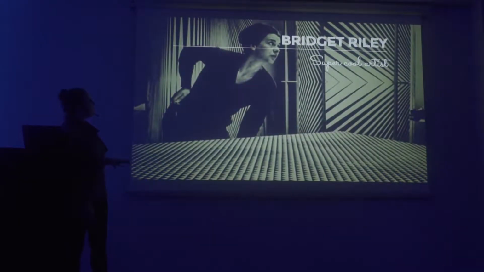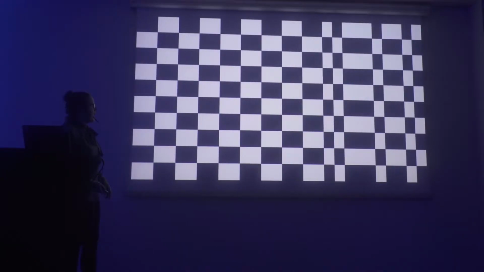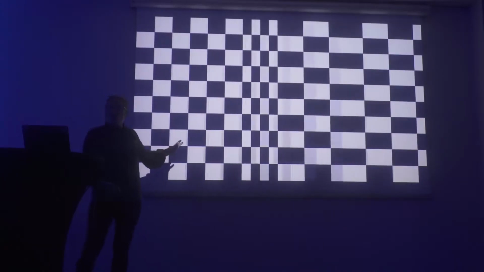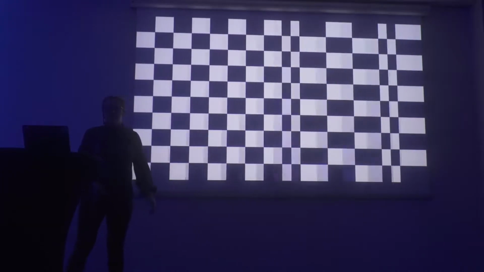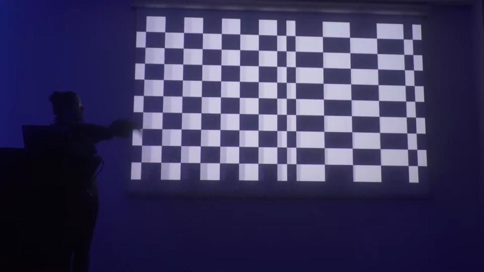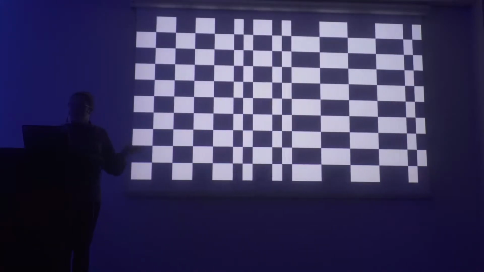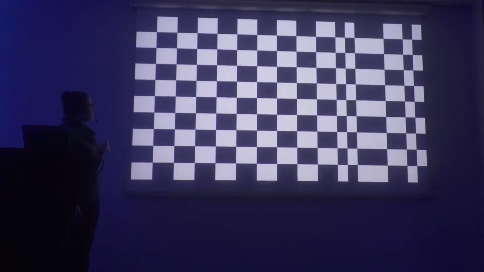So this is my first inspiration. This is Bridget Riley. She's a super cool artist, it said so on the slide. And she paints these amazing patterns. All we have to do is just dump stuff in the DOM and then change some values with it. So this is just a bunch of divs set out with Flexbox, and I'm just changing the width based on the data that I'm getting back. Pretty trippy, but pretty cool.